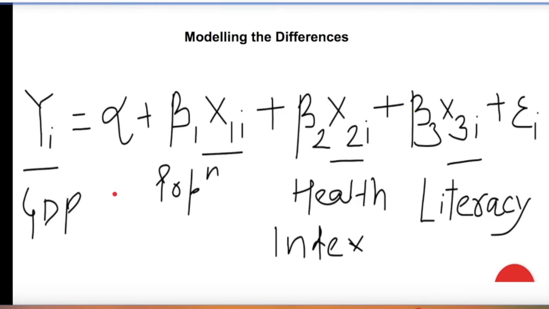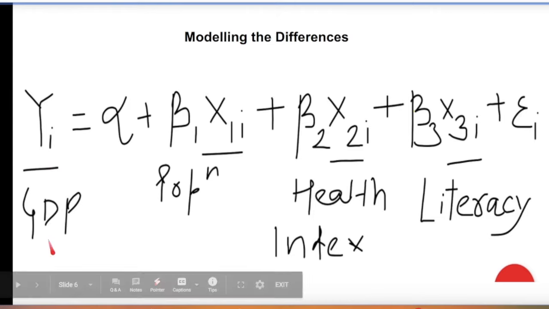But later in this lecture you will realize that we will also discuss what exactly is a good indicator for growth, what is a good indicator for development, when we try to compare economies or communities. What are those things that will tell you that this is a better developed society as compared to the other society? But for now, to make things simpler, we are just keeping our growth indicator as GDP.